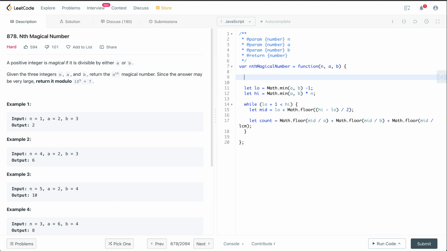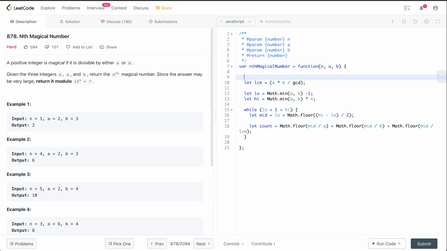So the way that we can find out LCM is going to be A multiplied by B divided by greatest common divisor. So that is the formula to find out LCM. And that means we'll need to have access to GCD first.